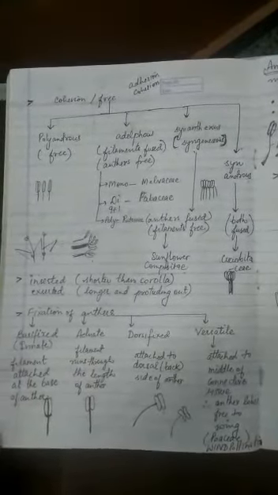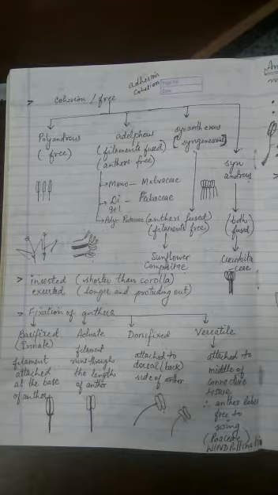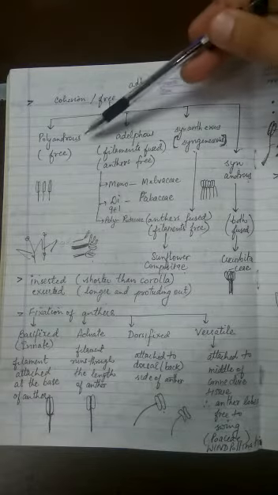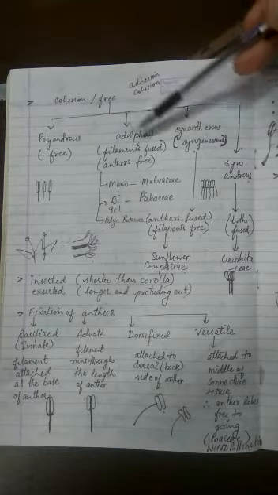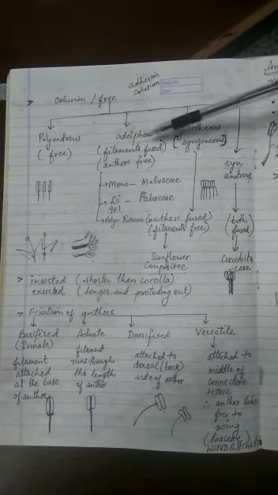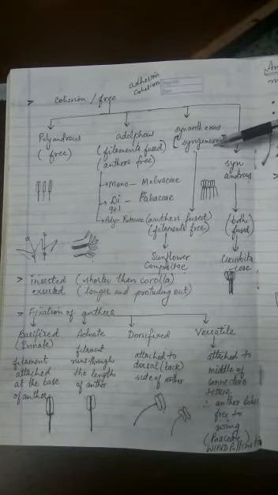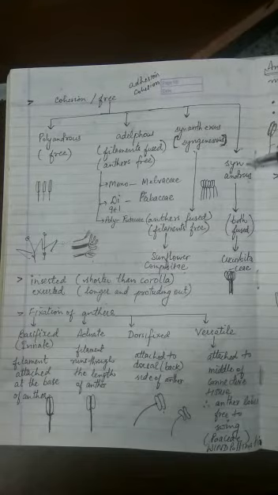Now just like adhesion of the stamen, we even have cohesion of the stamen. If the stamens are free, they are called as polyandrous. If the stamens are fused, then various types of fusions are possible. If the filaments are fused, the word used is adelphous. If the anthers are fused, it is called syngenesious. And if the whole stamen is fused, that means from the filament up to anther, the whole structure is fused, then they are called as synandrous type.